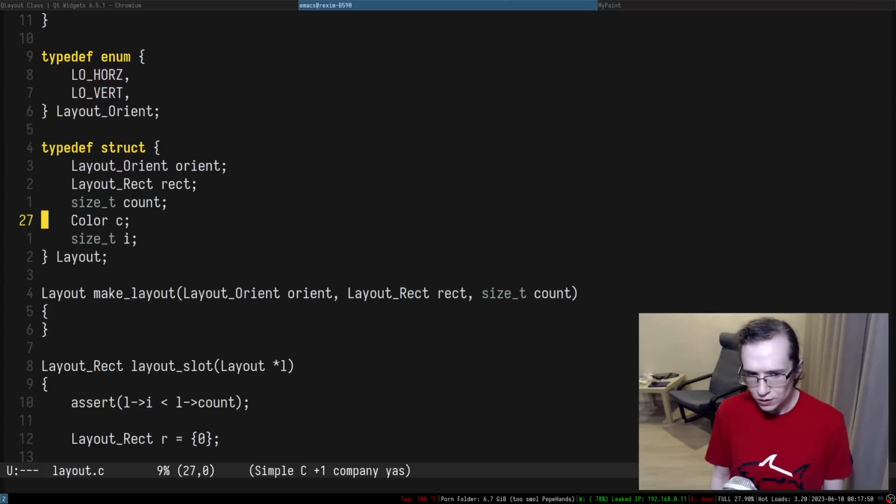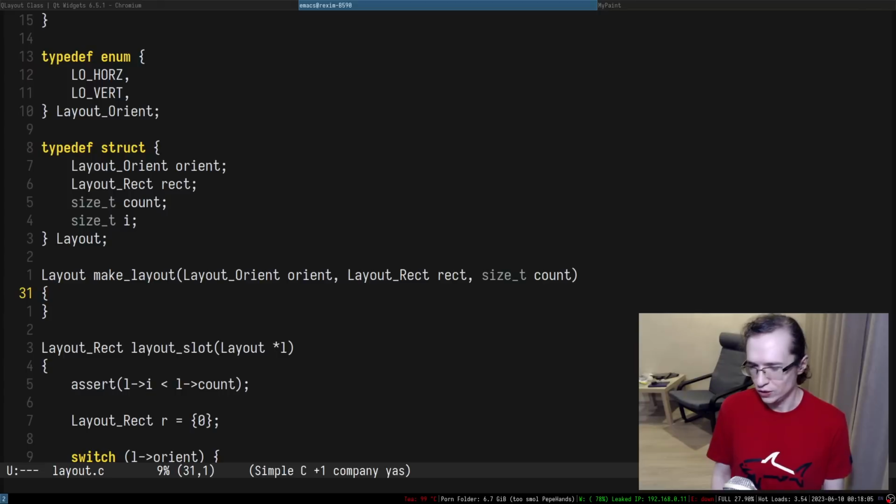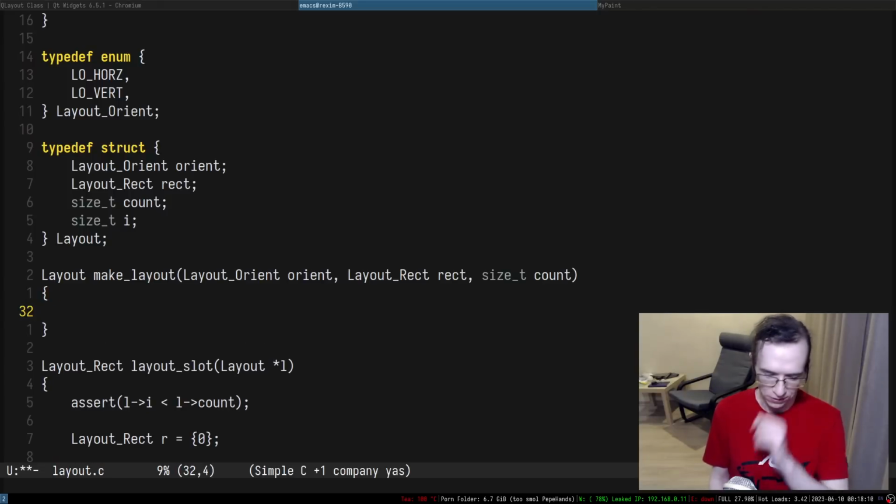Because if you add a new field, you may quite easily forget to initialize that field, right? Then you have to search for all of the places where you need to initialize it, and that might not be obvious. And this is specifically for the C programming language, so this is a specifically C issue. In other programming languages, you may not want to do this kind of stuff. It just depends very much.